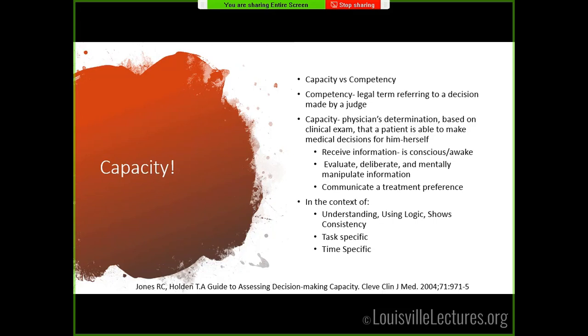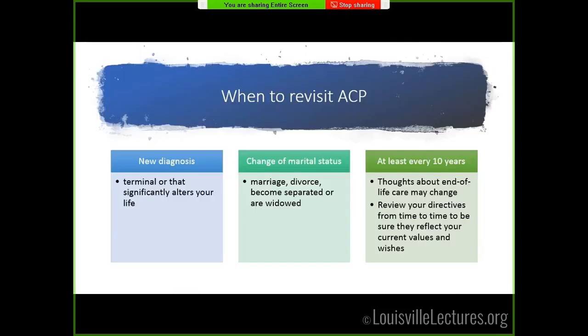And then it is time specific. So when we're saying right now, this patient that has a dementia process currently has capacity and is able to make these decisions for themselves, we may understand that 2, 3, 4 years down the road that may not be true. And that's something that we can reassess at any time. So it's not that we've assessed that they have capacity and we're done forever. This is going to be an ongoing process.